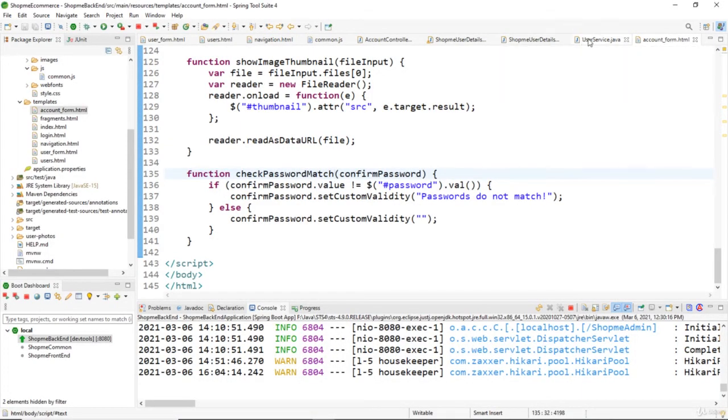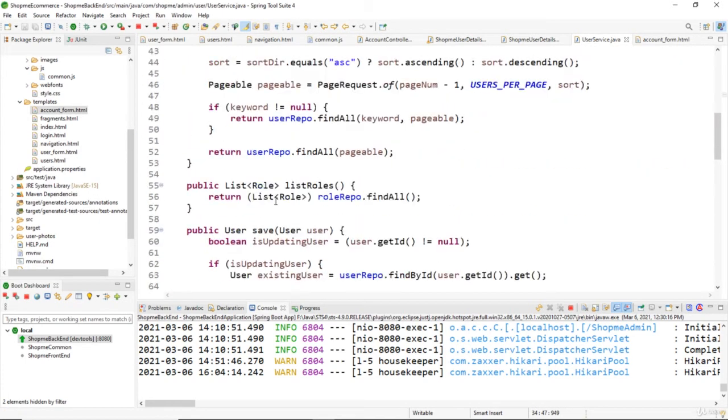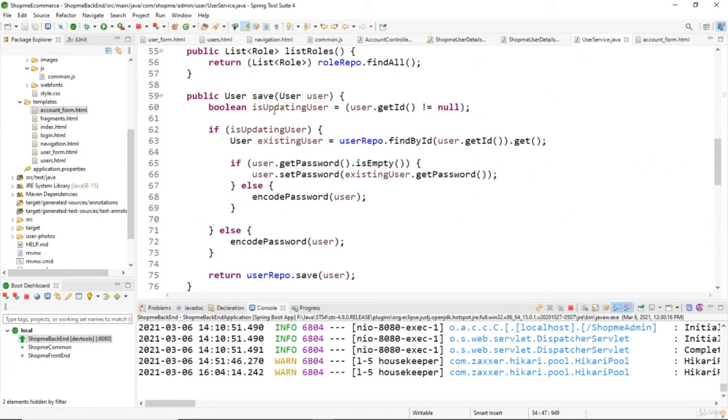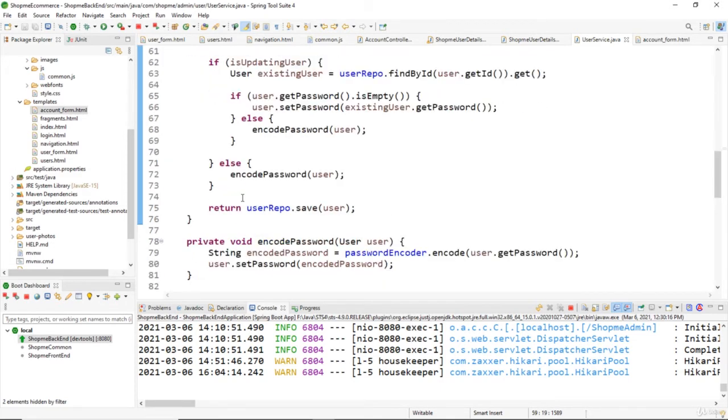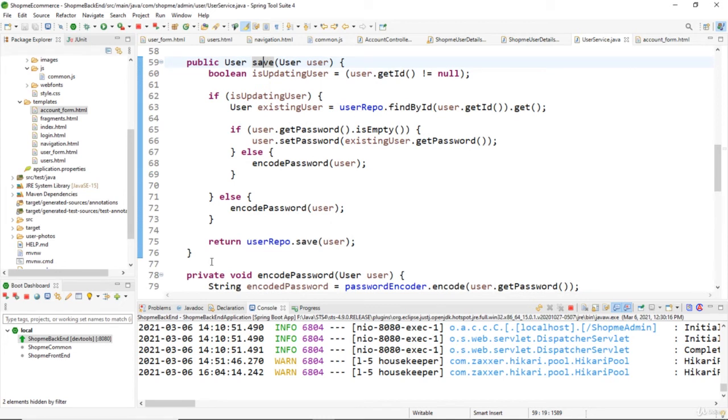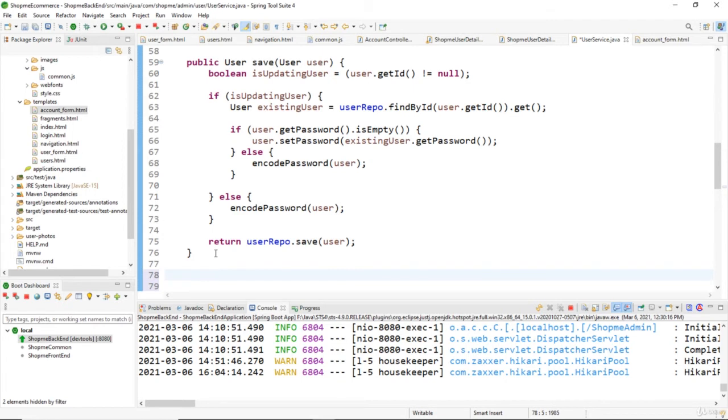and open the UserService class. We already have the save method that persists the details of a user for creating a new user, or updating an existing user in the user management module here. But we need to have a new method for updating the details of the currently logged in user. So we write a new method here, public User updateAccount with the parameter as the user object. We name it as userInForm